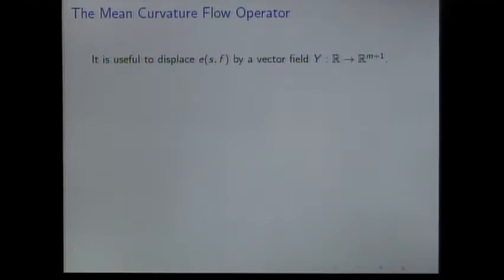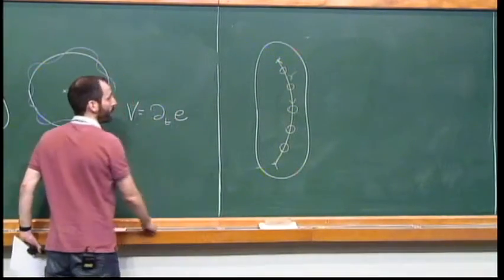So, again, it's useful to displace. And since in the elliptic case we displace with a vector, in the parabolic case we displace with a vector field. And then with G, defined as before, remember, G is a discrepancy of the mean curvature, we now add this term, which measures the normal component of the variation of the immersions. Okay? This term V represents the variation of the immersions. That is, V is equal to the time derivative of the embedding.